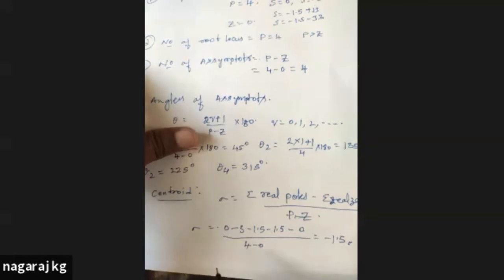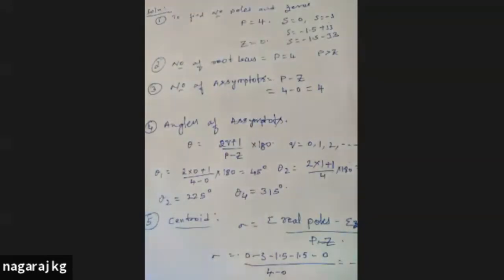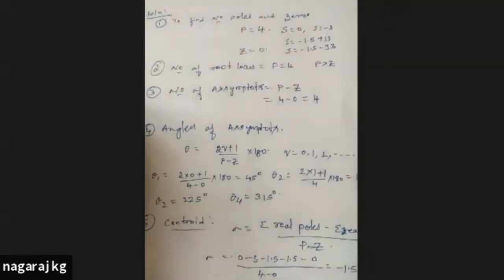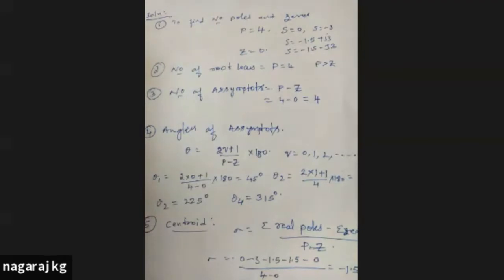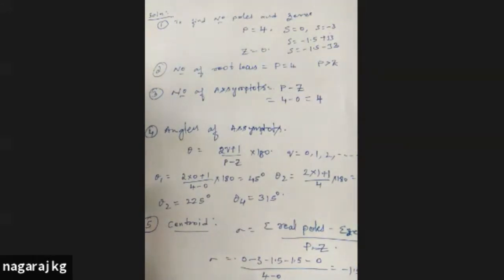Okay, we have found this. So these are the steps you have to follow while solving the root locus. These are the initial steps that you have to follow while drawing the root locus. Now we'll find the breakaway point, and we'll have a little idea how to draw a root locus. Then we'll proceed. Next step.